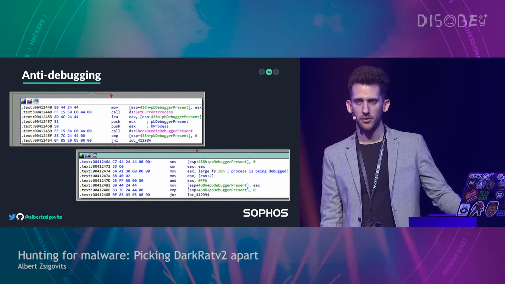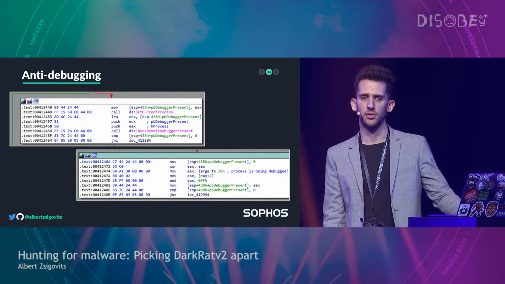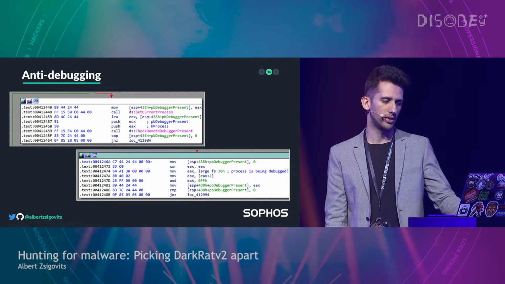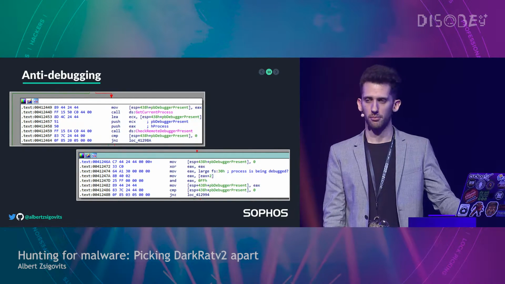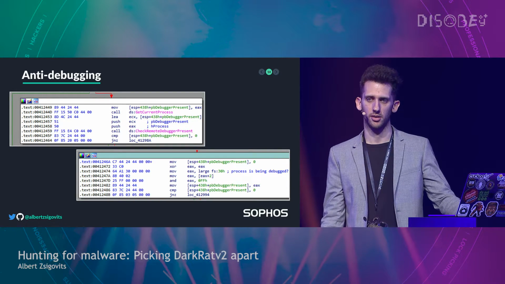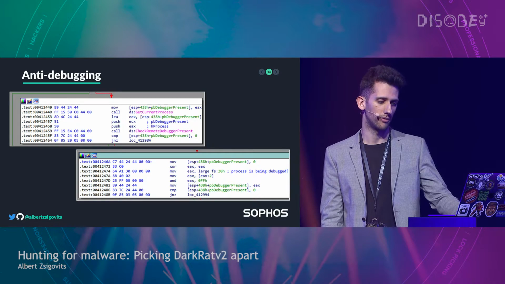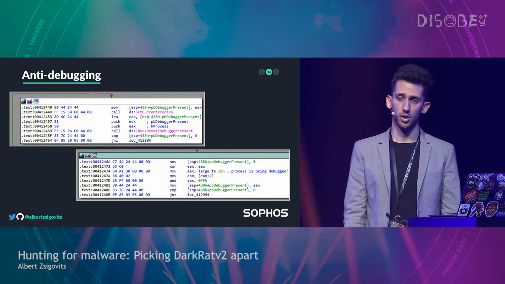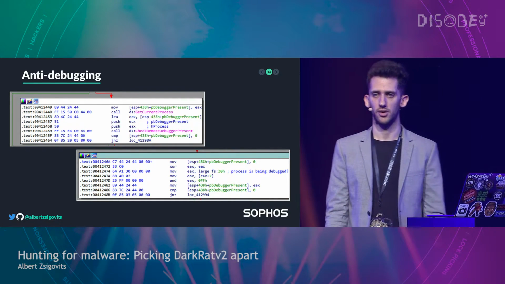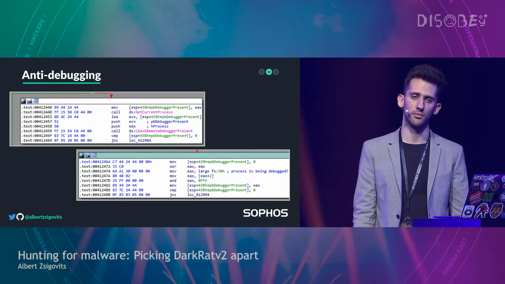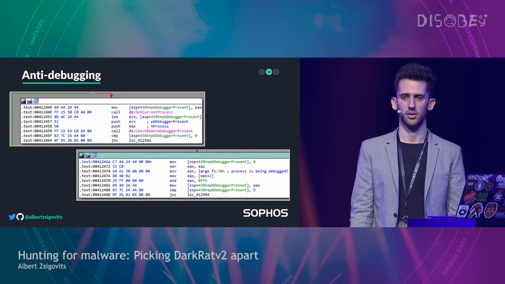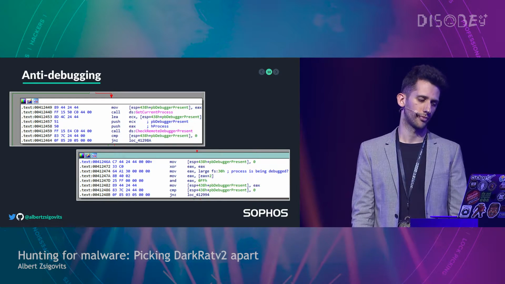One of the many features was having some sort of anti-debugging capabilities. I would say these are really simple checks for whether you're in a debugging environment, and all of this could be circumvented on the fly by just patching a few bytes.